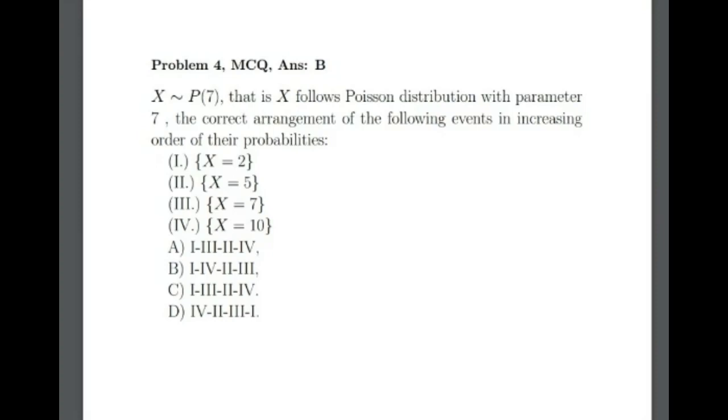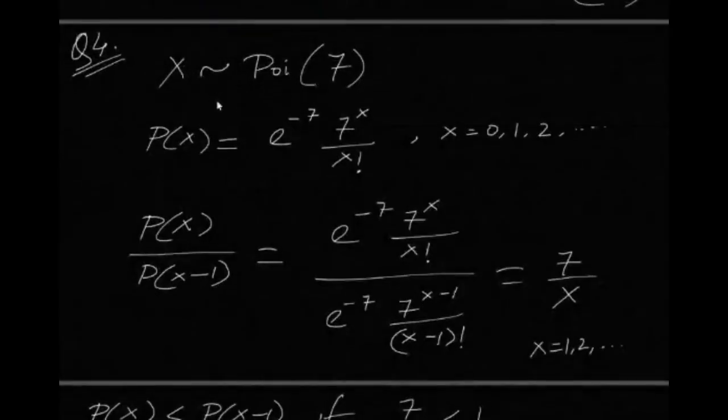So it is actually a difficult problem if you think in the way that I'll be calculating the probability of each of the events, and then arranging them. That's a very difficult thing by hand, right? And even if you use a calculator, that's going to take a lot of time, right? So what we're going to do is, since X follows Poisson 7,